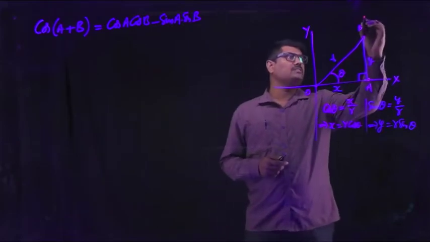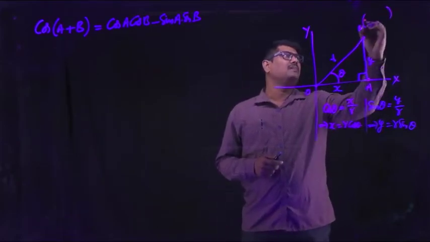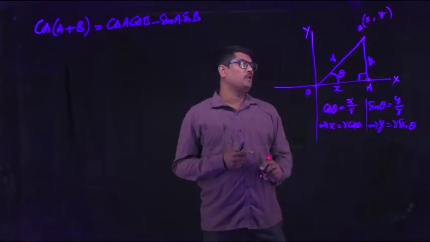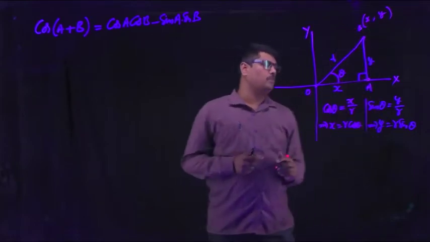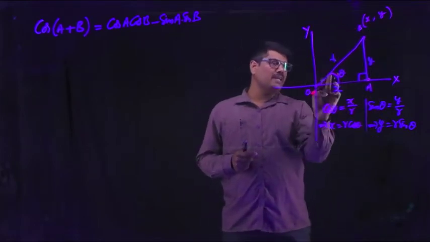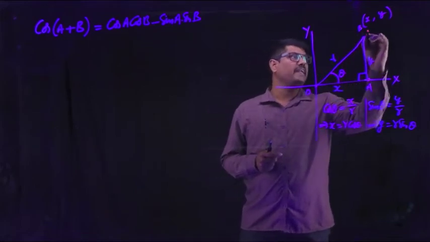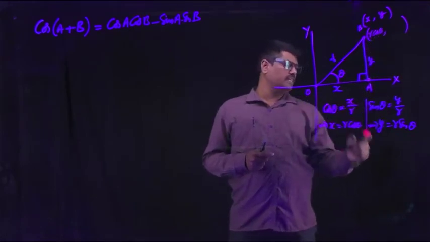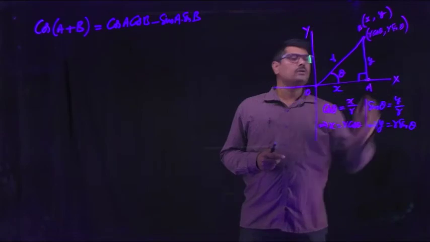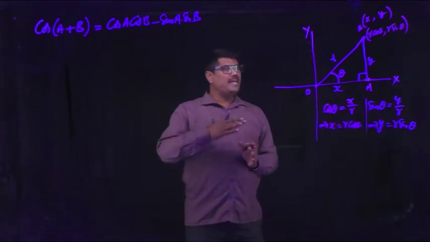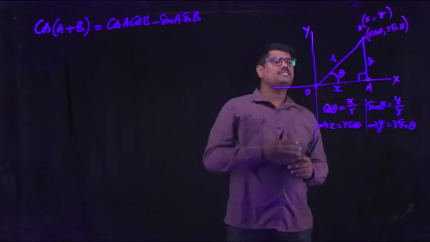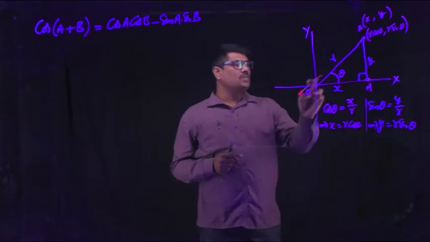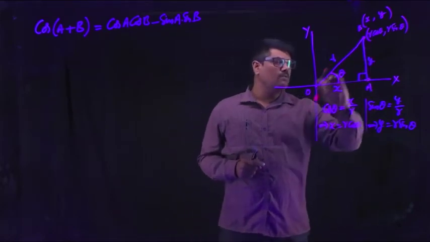Generally, if we consider a point on a plane, it is x comma y. x is the x coordinate of the point and y is the y coordinate of the point. If that line makes an angle theta, the coordinates become like this. Observe, what is x here? r cos theta. What is y here? r sin theta. So if any line makes an angle theta with the x-axis, you can construct the point based on the value of theta and the value of r.